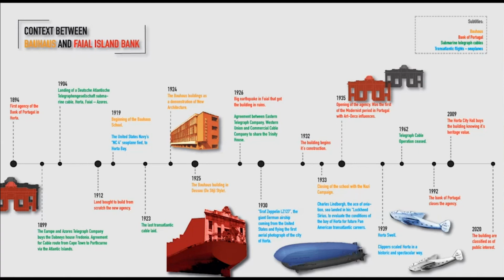You have on green the laying of the submarine telegraph cables, and you see Azores is almost in the middle of the Atlantic Ocean, between Europe and the Americas. So the submarine telegraph cables were of such importance, connecting the continents. And also we have on blue the transatlantic flights, the seaplanes, because only in the 20th century we had